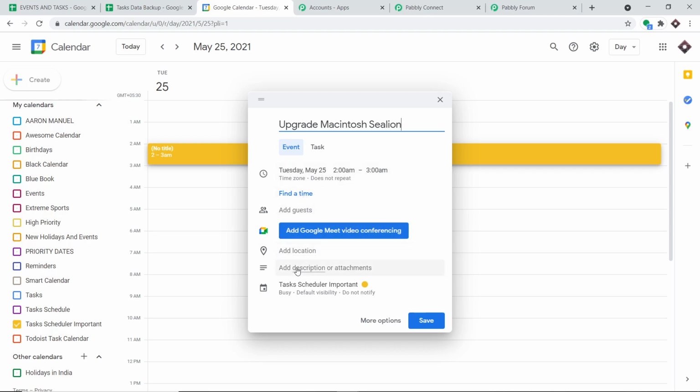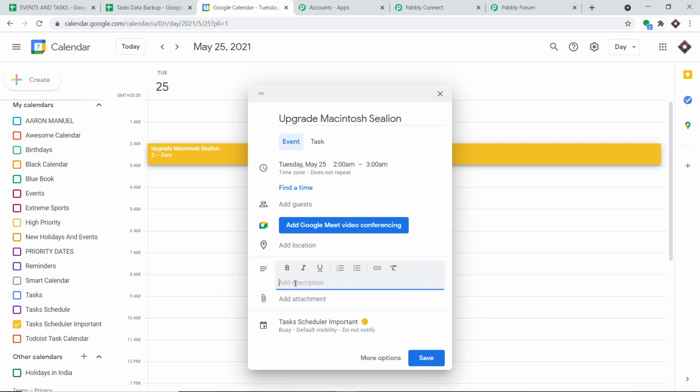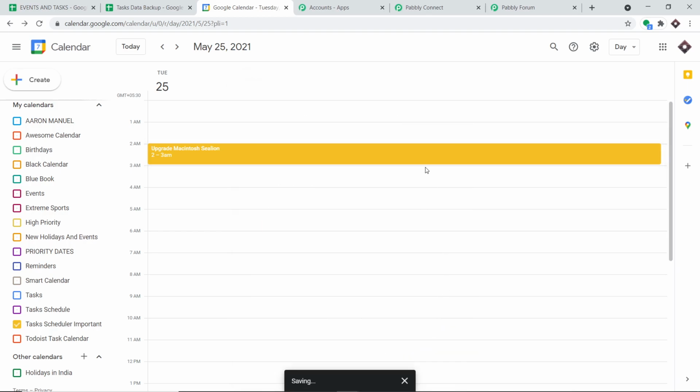In the description, you can add something like C-Line is slower. Let me just click on save. Okay, so we have set up the event for the 25th of May from 2 a.m. to 3 a.m. The event title is Upgrade Macintosh C-Line.